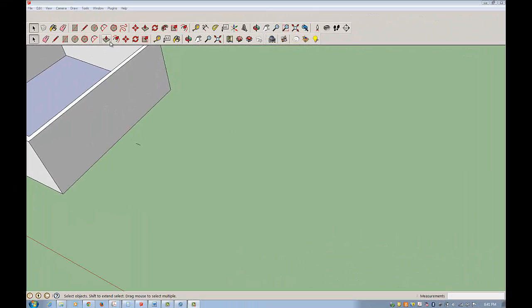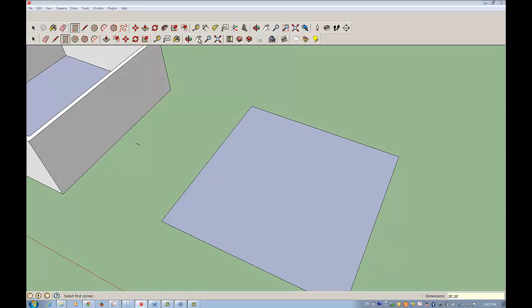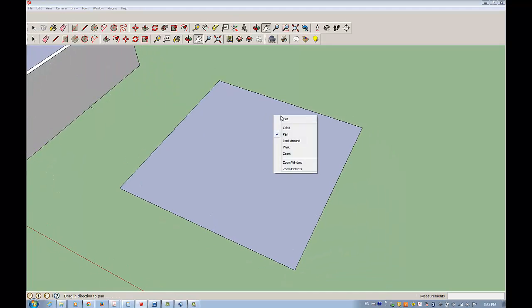Okay, we're going to try this one more time, and let's go ahead and draw another 20-foot by 20-foot square on our screen. And this time what we're going to do is something called multi-select. So go to your black select tool and choose one of the lines of what will be your wall. And if I hold down the Shift key right now, you'll see that that kind of changes what I see near my arrow. That allows me to select more than one thing at a time. And that goes for everything in SketchUp. So I'm going to select this line